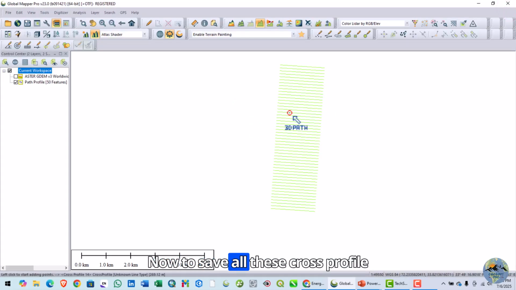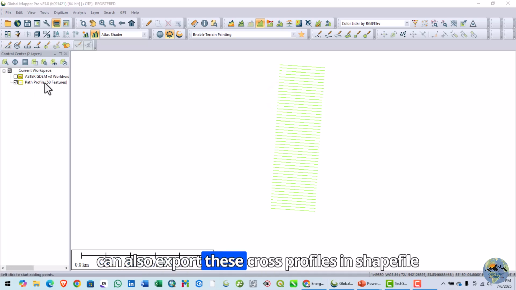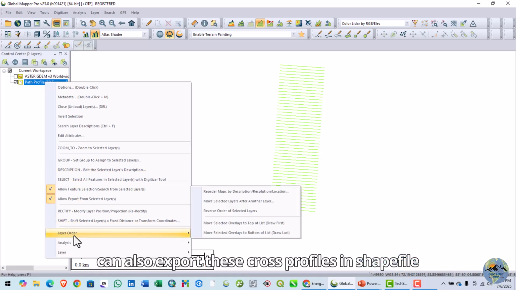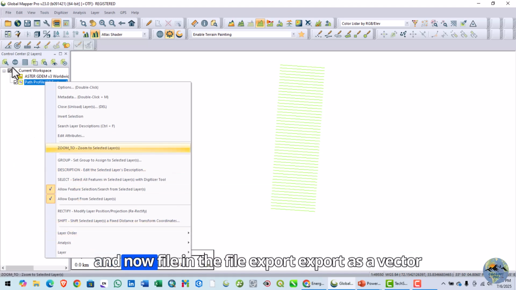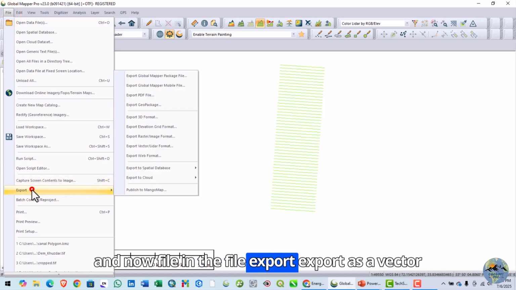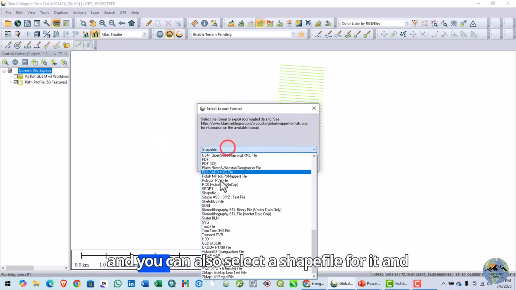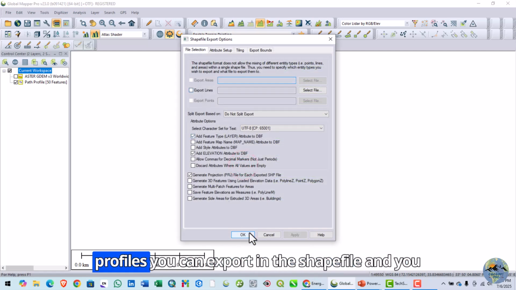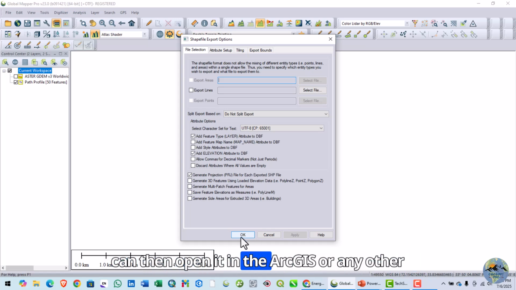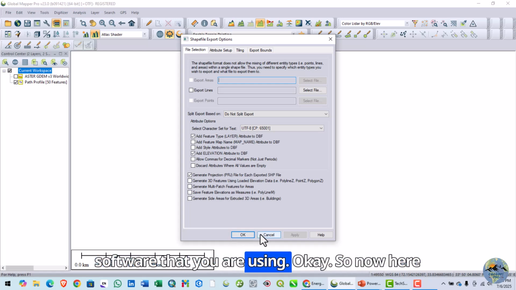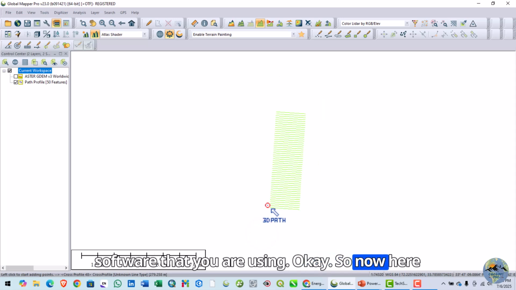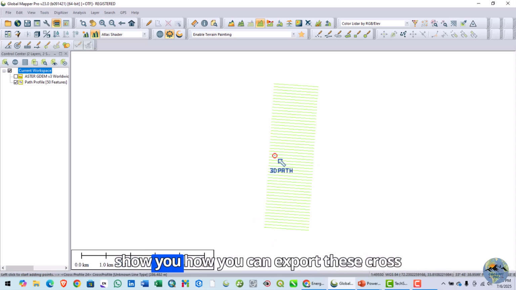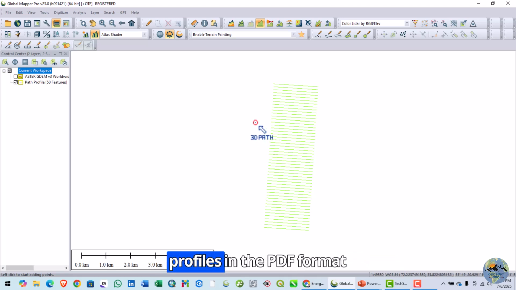Now to save all these cross profiles, you can also export them in shapefile format. Select it and now File, Export as Vector, and you can select a shapefile for it and save it, export lines. So these cross profiles you can export in the shapefile, and you can then open it in ArcGIS or any other software that you are using. Okay, now I will also show you how you can export these cross profiles in PDF format